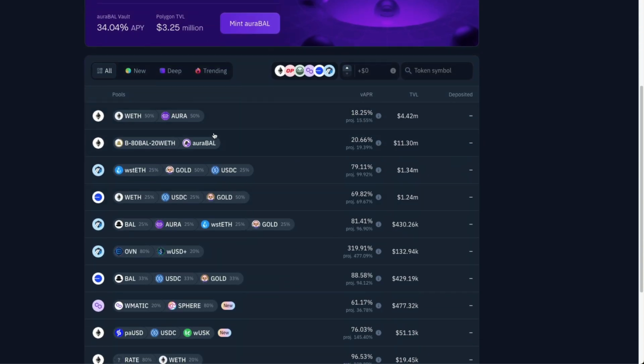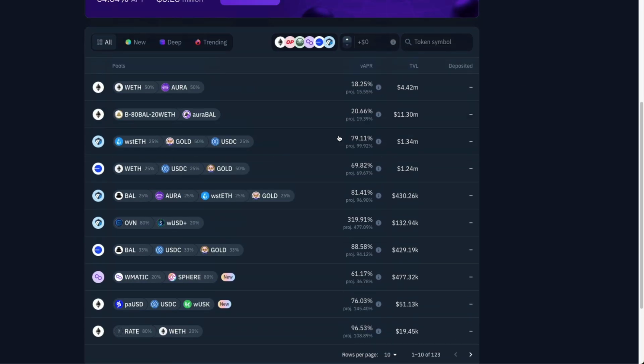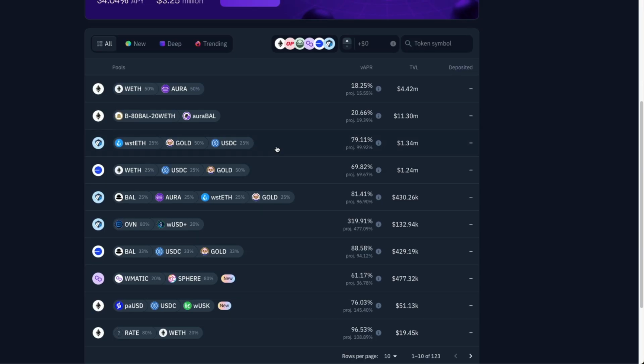We can start looking at the APRs and the pairs that are being offered. And then if we locate an opportunity here that looks attractive to us, which, as you can see, there are some yielding up to 80% as well as 70%. So we'd want to research all these pairs and consider how their valuations are going to change over time. Can we trust this gold coin? Is it going to fluctuate wildly? Is it going to affect us in a negative fashion? Is it potentially going to hurt our account by fluctuating too much? So there's a lot of considerations there. We'll talk more about that in the research section of this course.